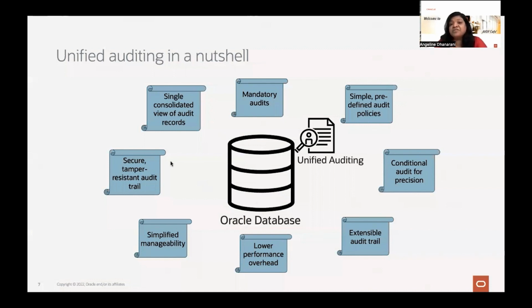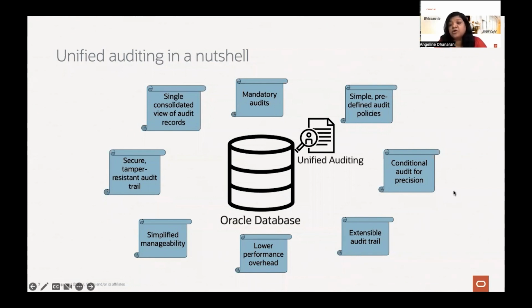And of course, we have different mandatory audits which are configured. These are always-on audits, because we know some of the activities that happen in your instance need to be audited. They are very security relevant. So we have always-on audit configurations which are turned on by default. And there are several predefined audit policies. In a minute, you will see these are very easy. It's a single click provisioning option that you get from either AVDF, Oracle Audit Vault and Database Firewall, or if you're using the Data Safe cloud service, it's just a single click provisioning option from any of these DAM applications.